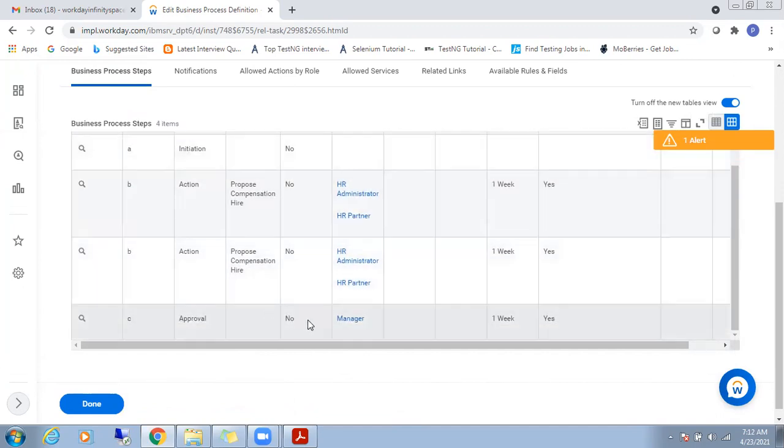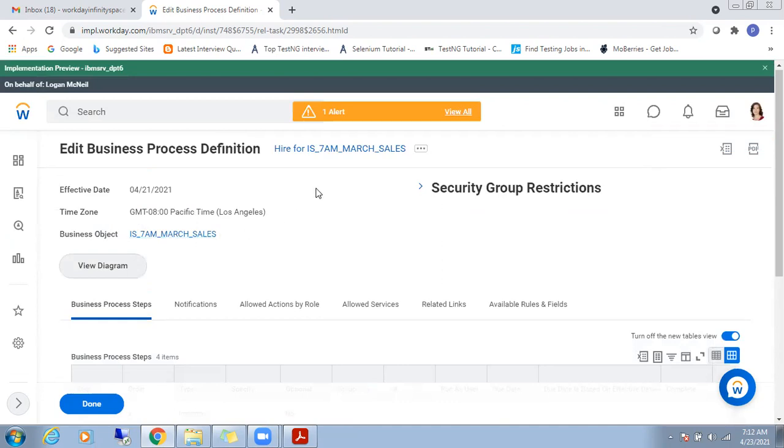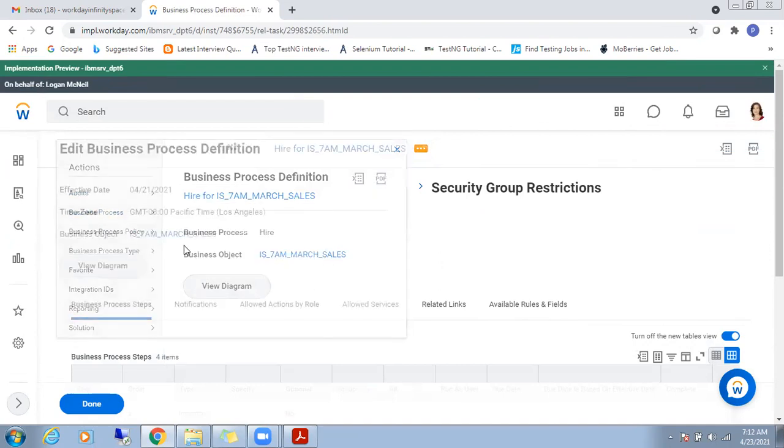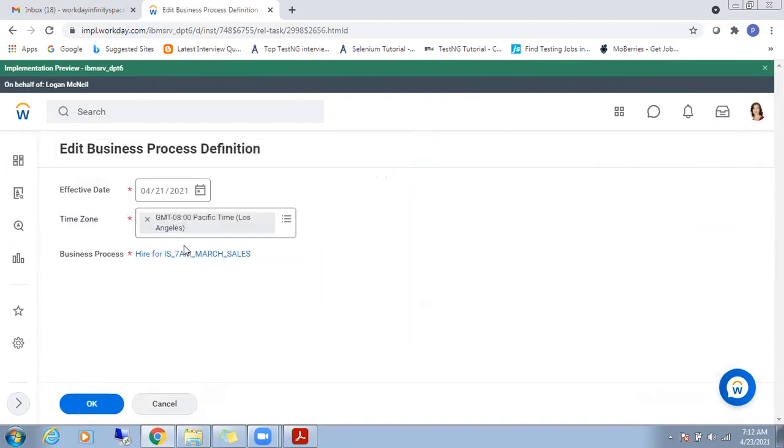Remember this. Now let me do some more actions on the existing business process, or the process that we're going to create. I told you never to edit the existing business process. Try to remember this. Never act directly on the existing business process. Copy the existing business process and then work on the copy.